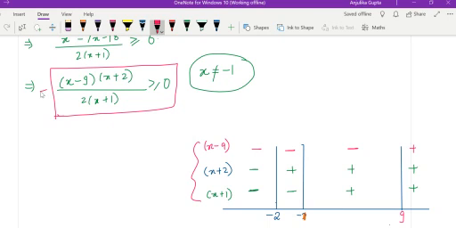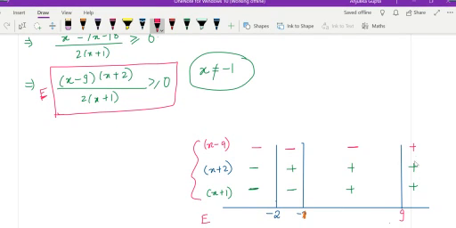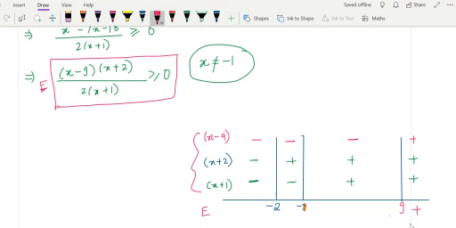Okay, so if I say that this expression is E, what happens to E then? Can you see 3 positives make a positive? So this expression will be positive if you are more than 9. If you are between -1 and 9, you have 2 positives and a negative, which makes it a negative. Similarly, here it is positive and here again it is negative.